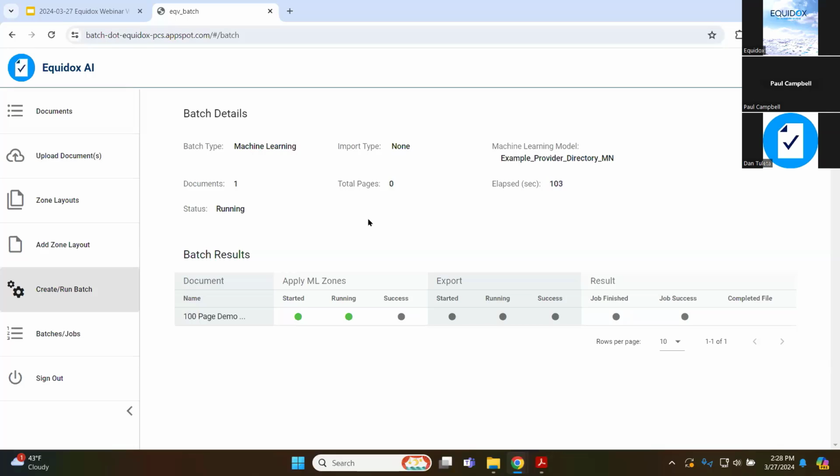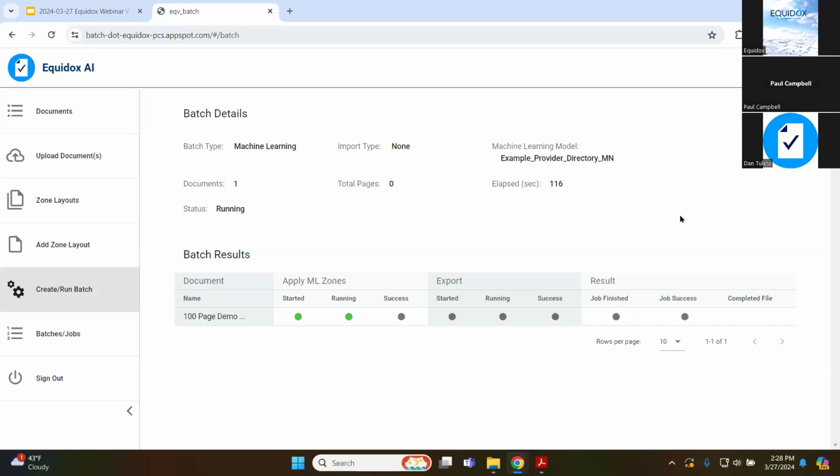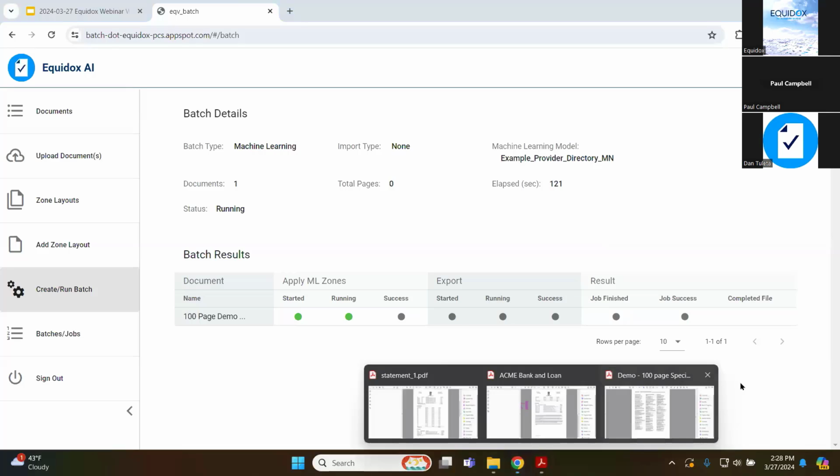All of the different text elements are going to be identified. My little private environment seems to be a little bit sluggish today, but we'll get there. Once it gets into the export, it should go rather quickly.